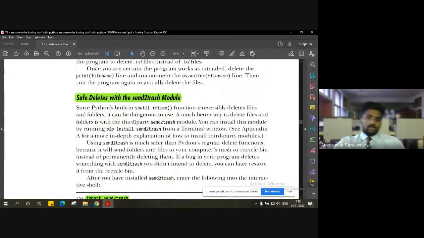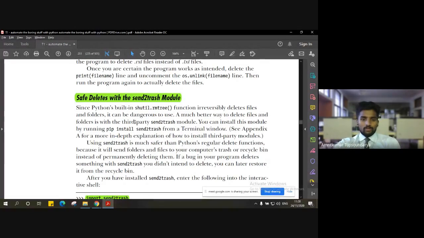Now, one more safe way to delete files is to simply send them to trash. If you're not sure you want to delete a file permanently, you can for the time being send it to trash, and later decide what to do with it.